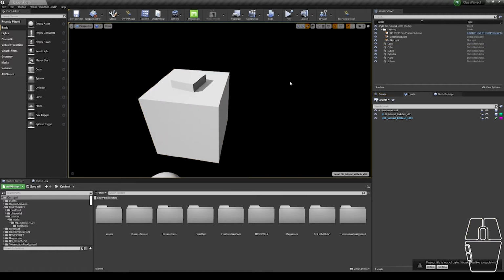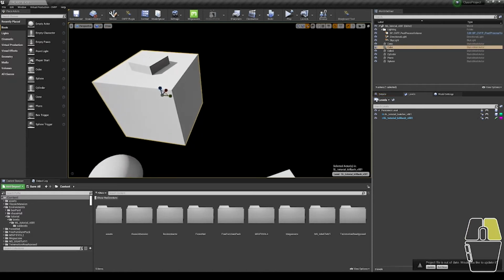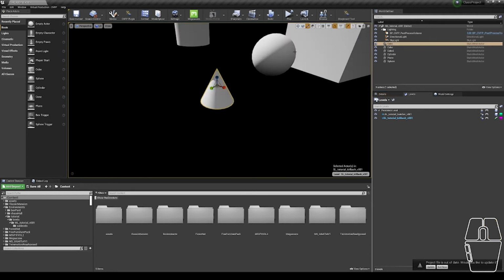So if I needed to mirror an object, I could use the scale snapping set to 1 and really quickly go pop pop, and it's mirrored. Easiest to see on this cone. If I have my scale snapping to 1,